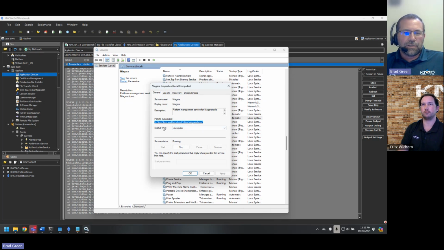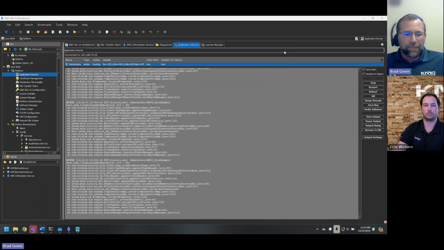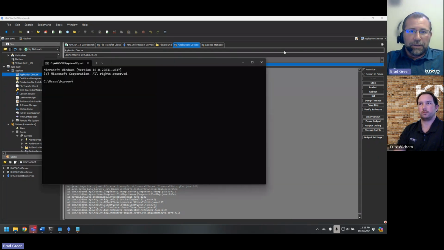So you just want to check to make sure you have the right daemon running as you're running a station locally. You don't need a daemon running to connect to a station remotely, but if you're running something locally and you're seeing something happening that shouldn't be, go to the services and check that daemon. And then the workplace launcher does a good job for quickly finding your shortcuts. I don't like to have a lot of shortcuts on my desktop if at all possible. I launch a lot from command line. So I'm just going to show you that process because I really like it.